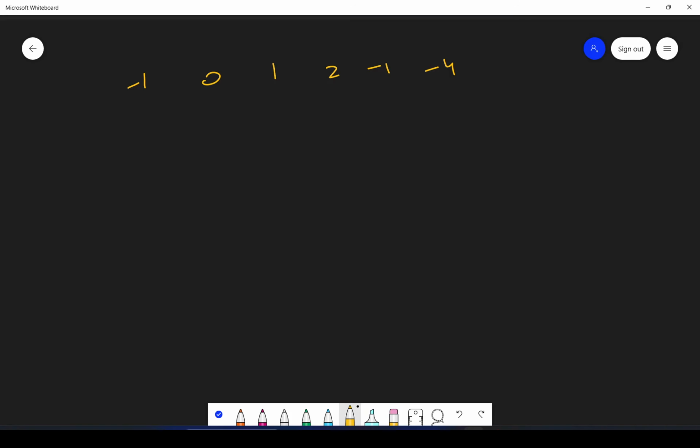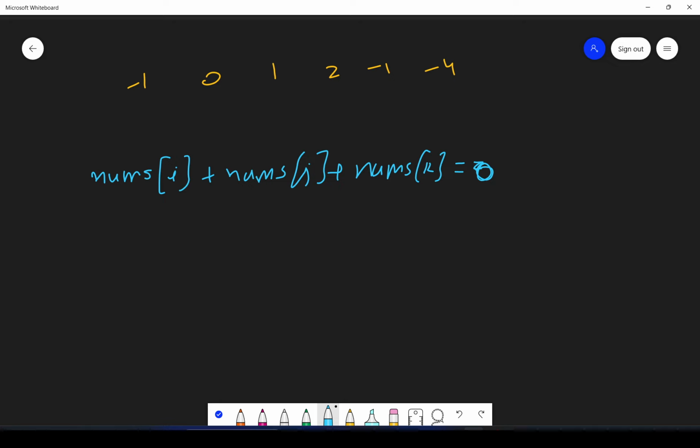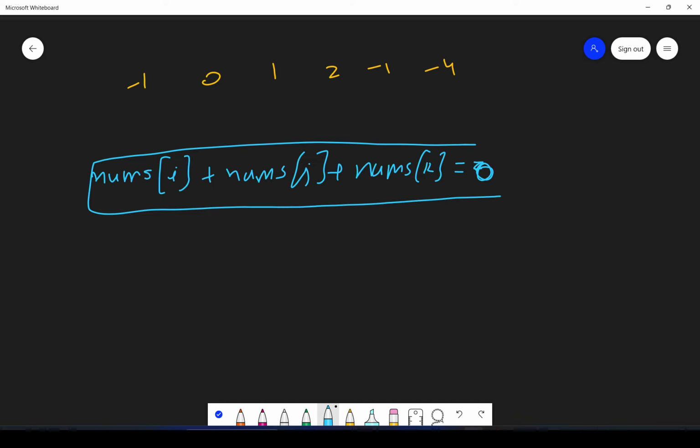So see guys, one basic approach is what? We have to find three numbers such that nums of i plus nums of j plus nums of k is equal to 0.